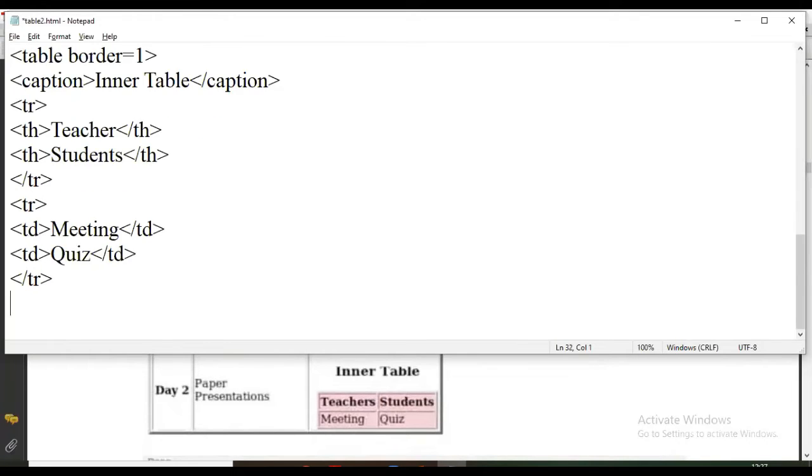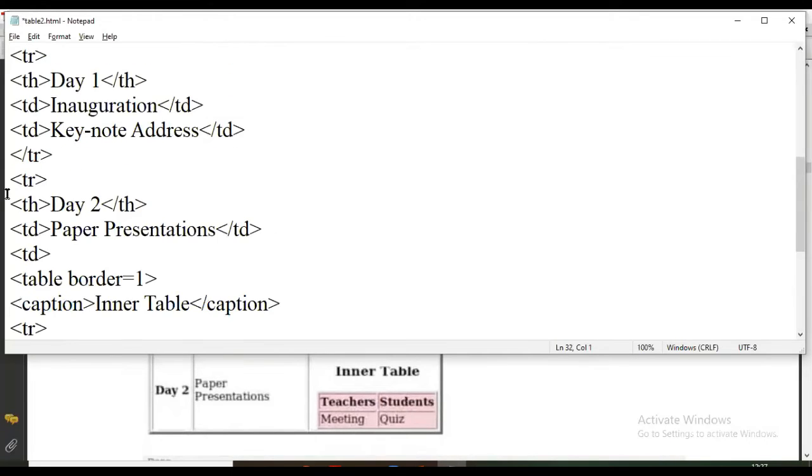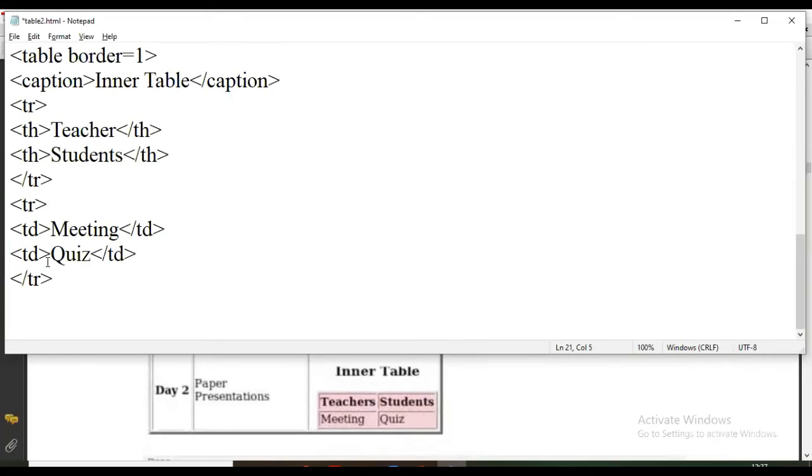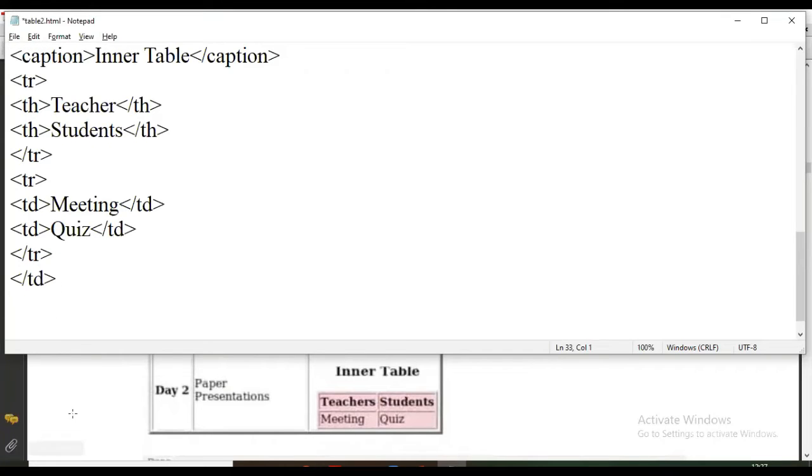Now since we started this table inside this TD, this is one single column of the outer table, and we are supposed to close the TD here after this TR. And then the outer table is also closed.